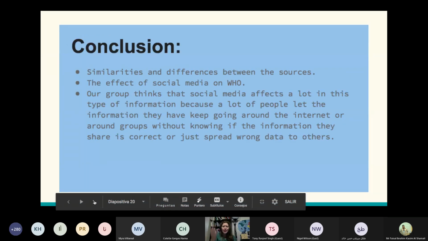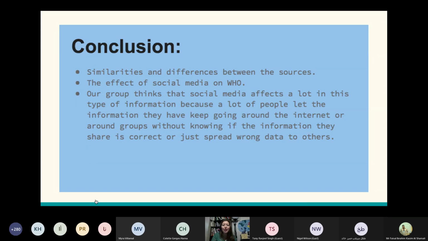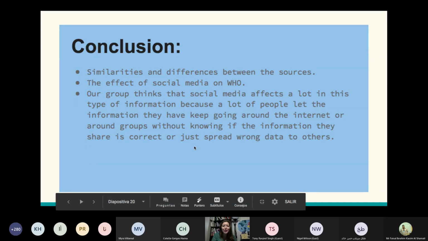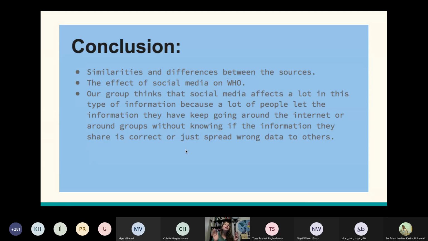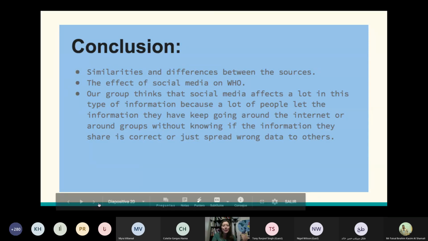And they also came to different conclusions regarding similarities and differences between the sources. And I asked them, I said, you don't want to come to a conclusion regarding what source might be wrong, but there may be more sources out there that could be more reliable than the other, and why might that be? And again, that is going to differ based on your own perspectives and your own lens of how you're viewing this in the first place.